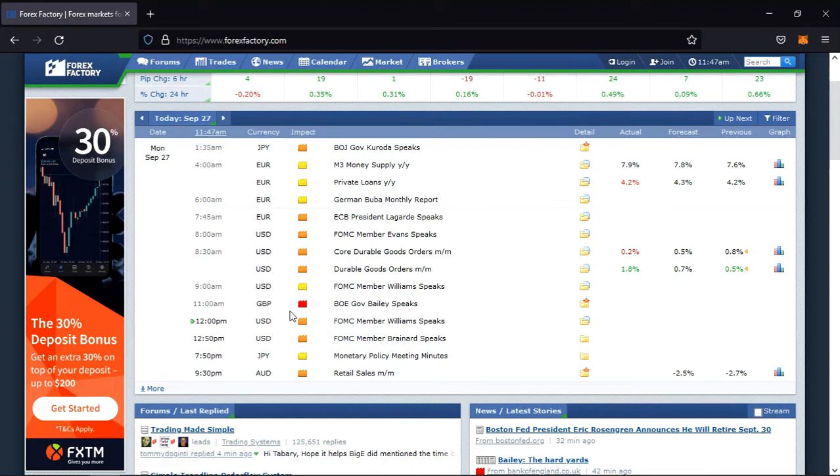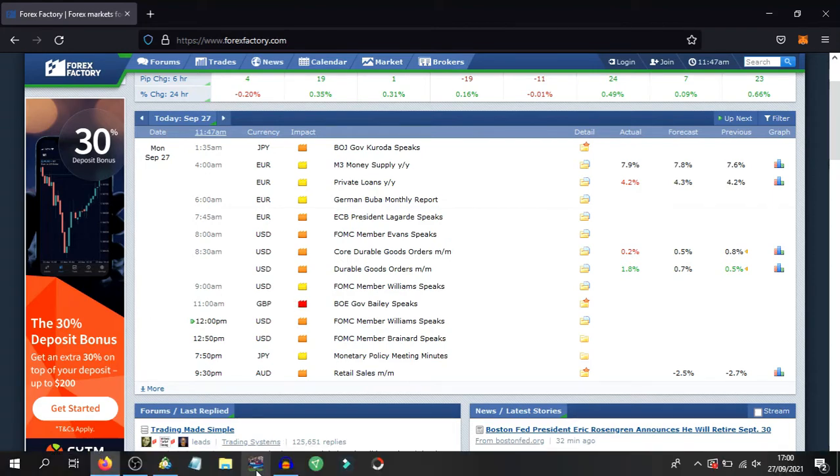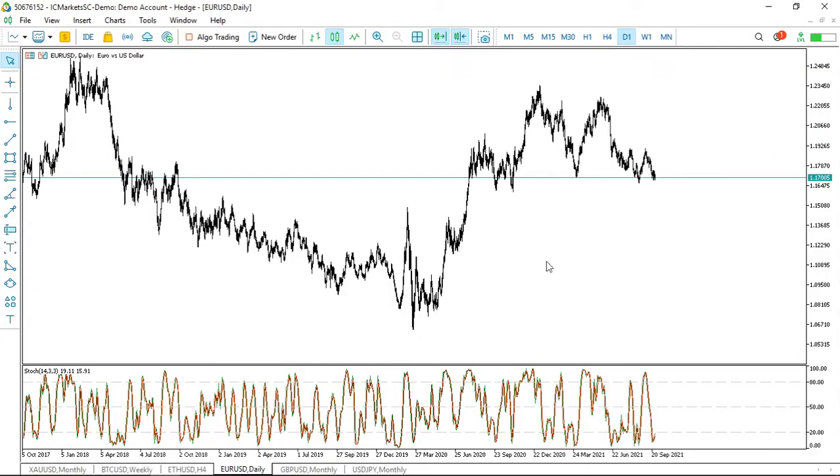So you want to avoid times like this and you want to stay out of the market or stay out from the asset. Like for now is the GBP. So you want to stay away from the GBP while the news is coming out. So you can trade other assets and you are very much fine with that. There's nothing to be scared of trading other assets, but you want to stay away from the GBP because it can very much affect your trades. So with that being said, let me jump right back to the video